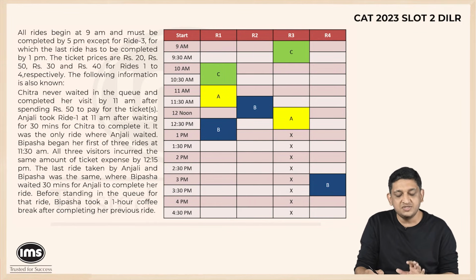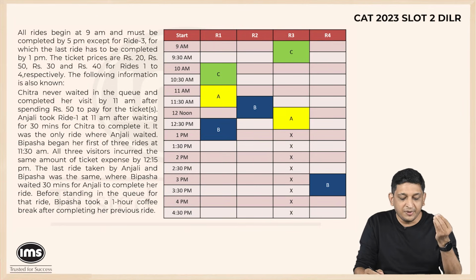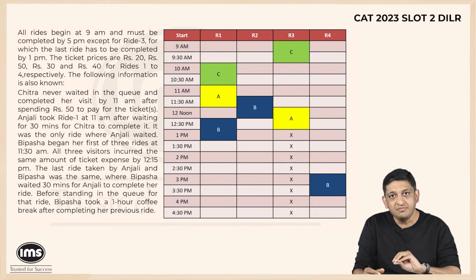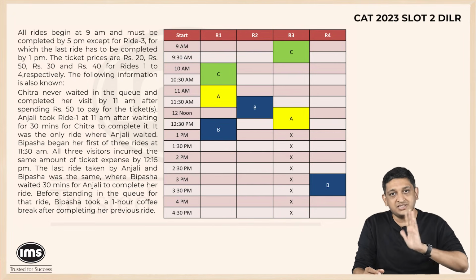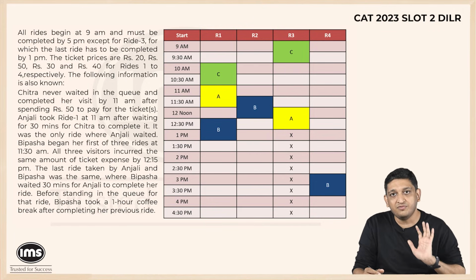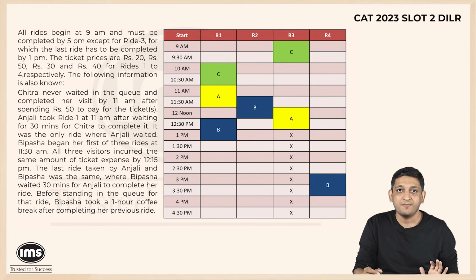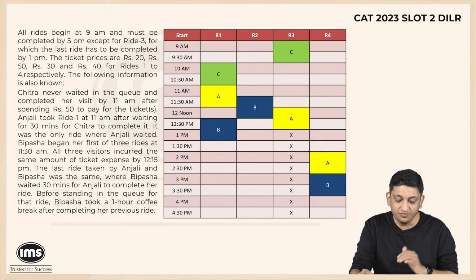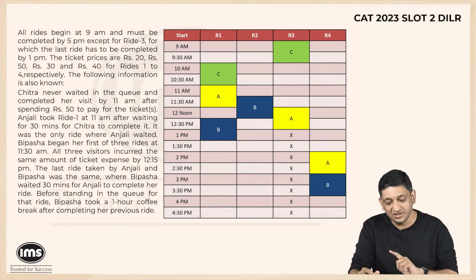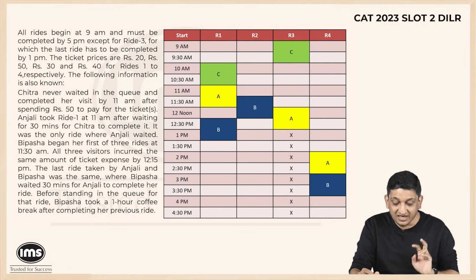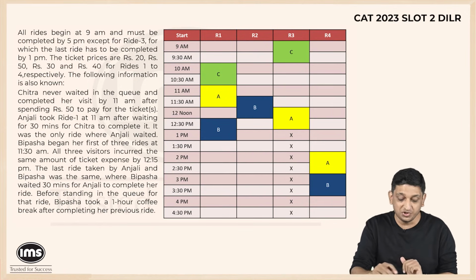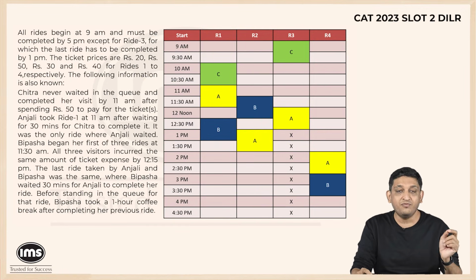If you are getting confused with these blocks, you can also think about it in another manner. Bipasha enters ride 1 at 12:30 p.m. She comes out at 1:30 p.m. From 1:30 p.m. to 2:30 p.m. she takes a coffee break. Then she goes and waits in front of ride 4 at 2:30. At 3 o'clock Anjali comes out, and at 3 o'clock Bipasha enters. We also know that Bipasha would have entered after Anjali came out. So Anjali would have been in ride 4 from 2 p.m. to 3 p.m. We also know that Anjali took one more ride in between ride 3 and ride 4. So we know for sure that Anjali would have taken ride 2 between 1 p.m. to 2 p.m.